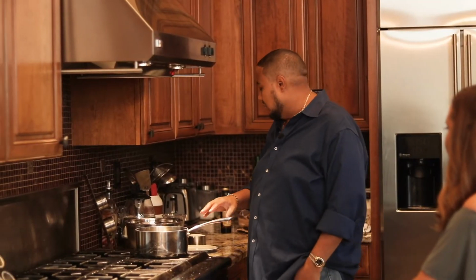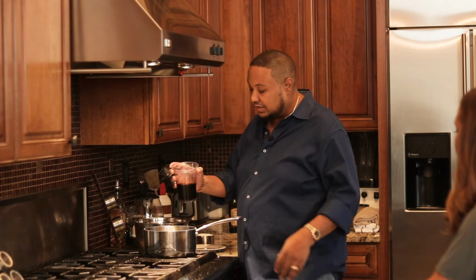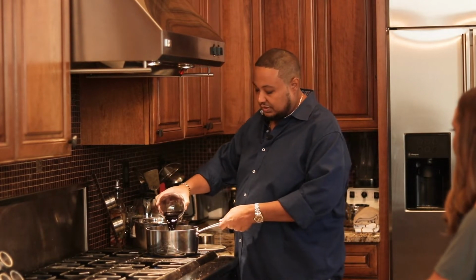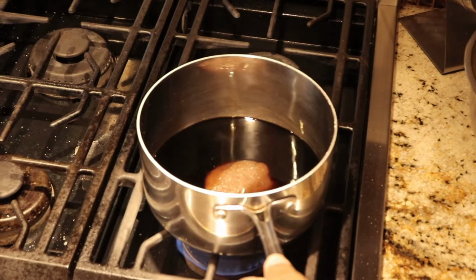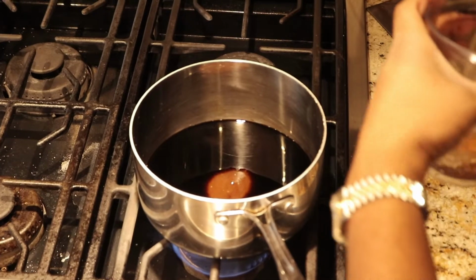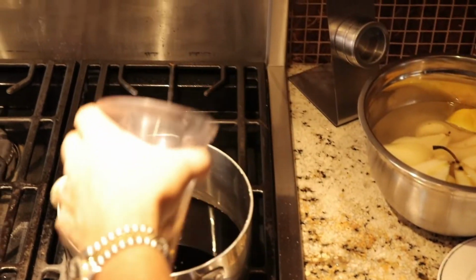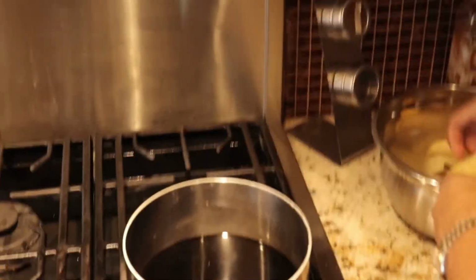Okay, so what we'll do is we're gonna make our poaching liquid. And so we use a cup of balsamic vinegar, and then we have a cup of sugar, and then you want to put in about a cup of water to start. Then you want to bring your poaching liquid up to a boil, and what you're going to do is place your pears